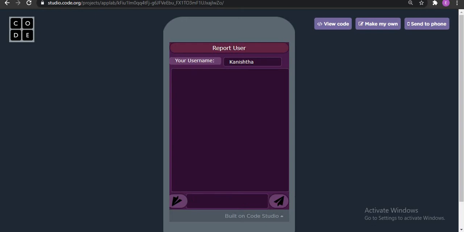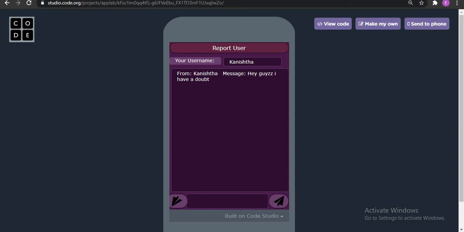In order to receive the same message, we have to click this receive button. So here we can see from Kanishta messages, hey guys, I have a doubt. And then the other friends can reply to this message asking their doubt and solving their doubts.